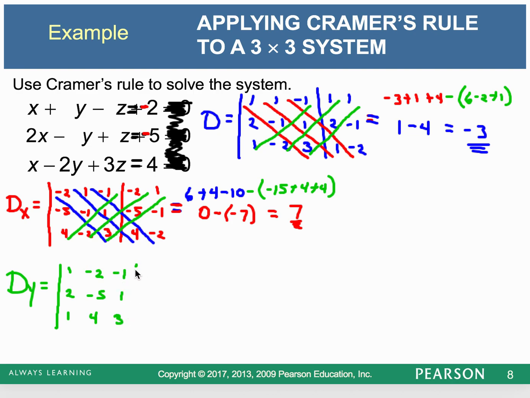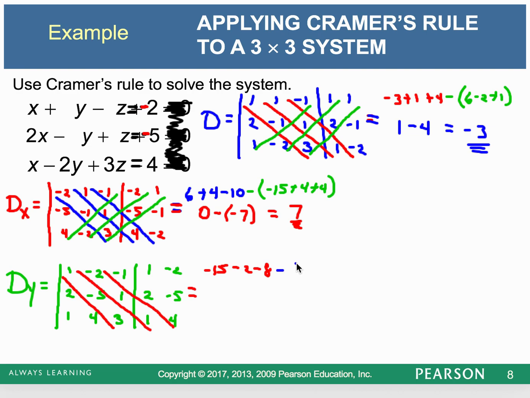Okay, repeat your first two columns, 1, 2, 1, negative 2, negative 5, 4. All right, so that's going to equal negative 15 minus 2 minus 8,